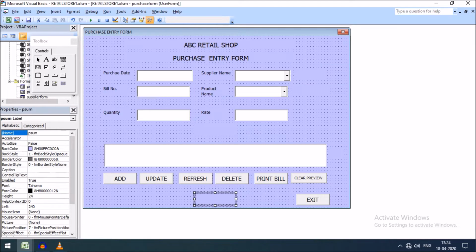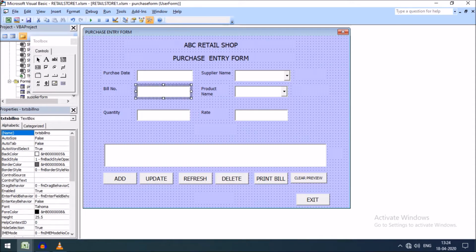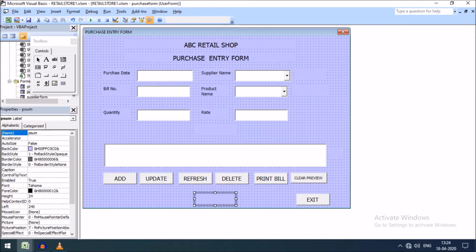That means a cumulative figure will be shown under a specific bill number. Therefore I have used this list box, this label, and I have named it P sum, product sum.